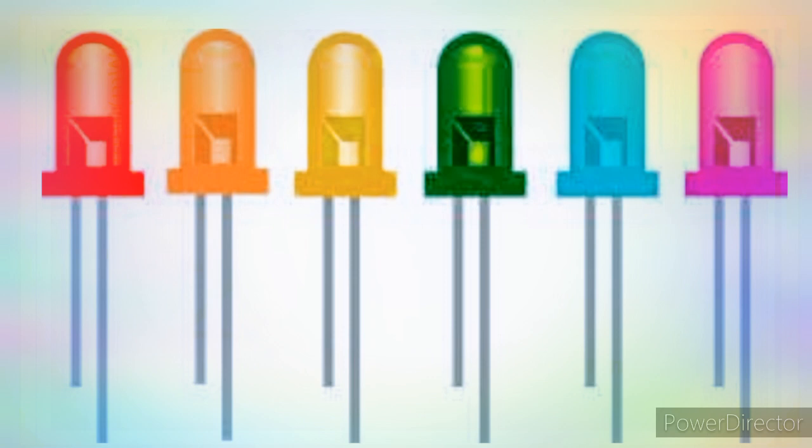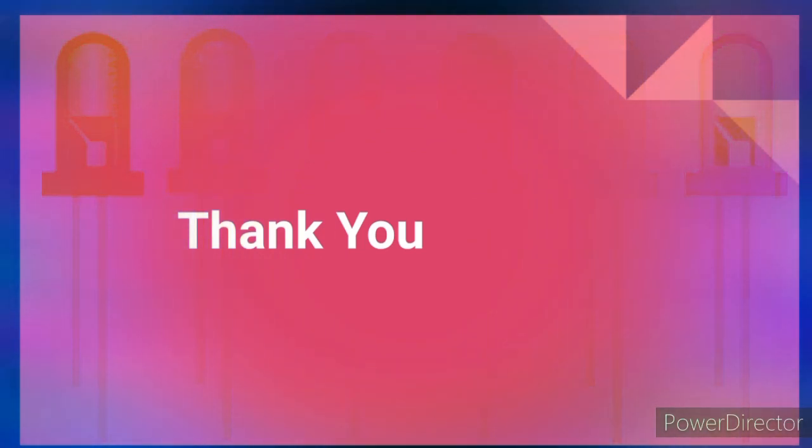Some advantages of the LED. The brightness of the LED depends on the current flowing through the LED. Hence, the brightness of an LED can be easily controlled by varying the current. Second, a light emitting diode consumes low energy. It is very cheap and readily available. It is lightweight and small in size. It has a longer lifetime. It operates very fast. They can be turned on and off in very little time.